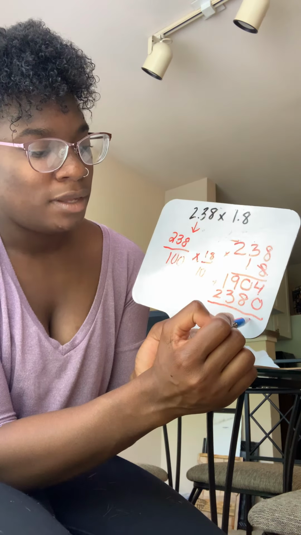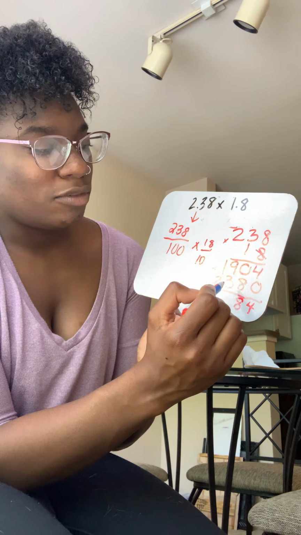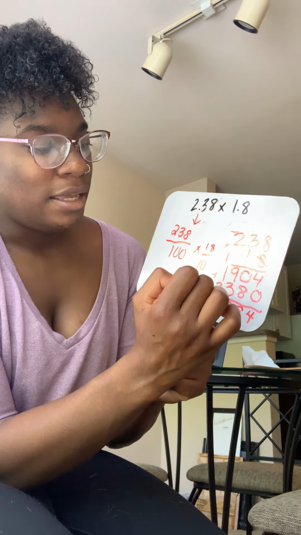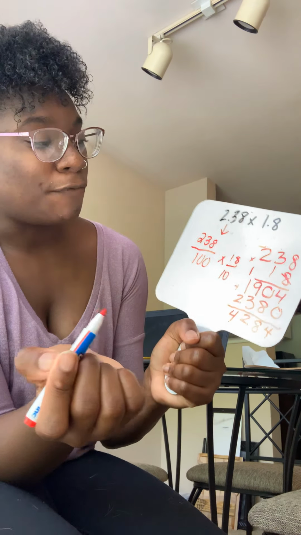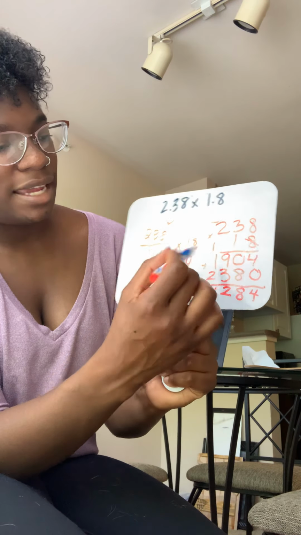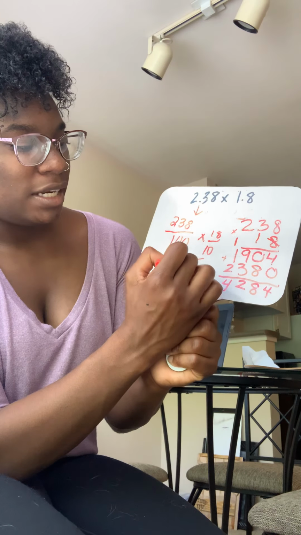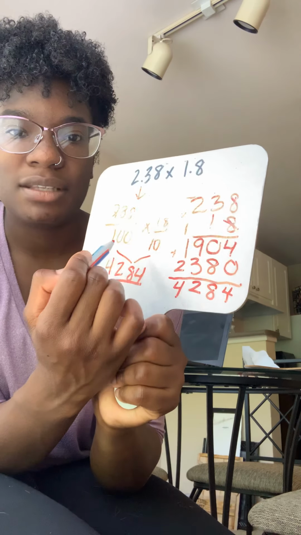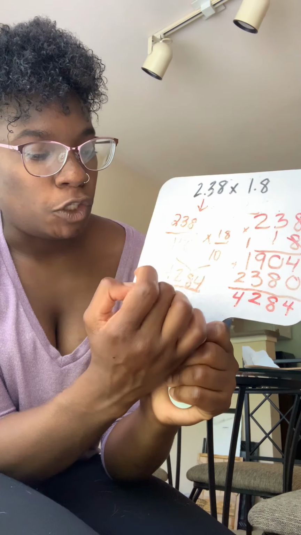4 plus 0 is 4. 0 plus 8 is 8. 9 plus 3 is 12. Drop that 2, carry the 1. And 2 plus 1 is 3, plus that last 1 is 4. So we know that 238 times 18 is equal to 4,284 over our two numbers in the denominator. 100 times 10 is equal to